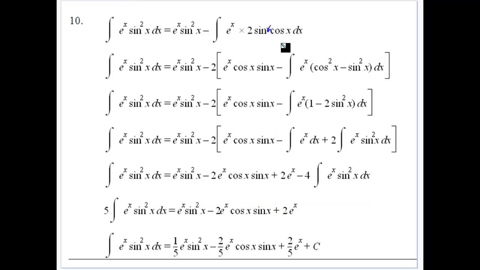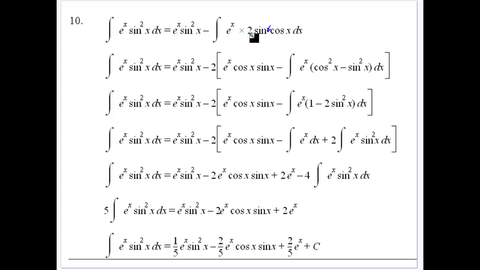Have a look at this one. Don't be too scared, because it looks ugly, but it only looks a bit ugly because I'm keeping this the same all the way down the left hand side to help manipulate it. So e to the x times the sine squared of x. So I'm going to integrate the first, which makes life easier, and leave the second. So I get e to the x sine squared x all the way down,